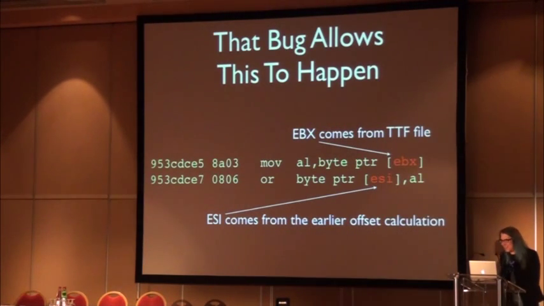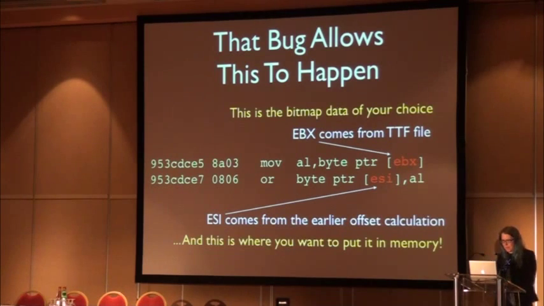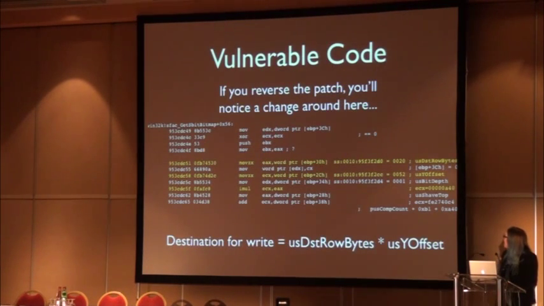Here's the exploit, rather. So this is the actual copy. You basically control that number, and they're basically ORed together. So you can add bits, but you can't remove them. And actually, if you reverse the patch, you'll see that this was what was changed. This is the actual bug. It basically just takes these two numbers, multiplies them together, and then uses that as the offset without actually checking it's not past the end of the first buffer.